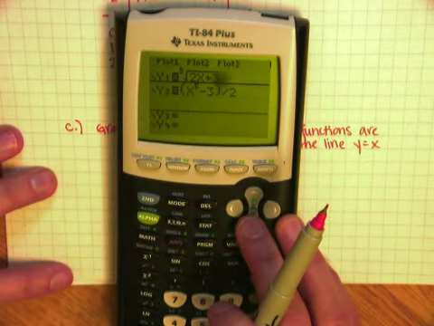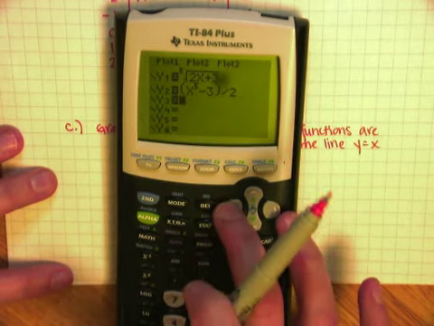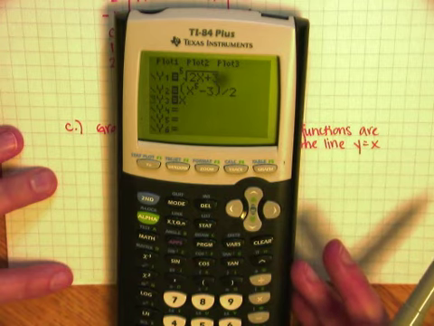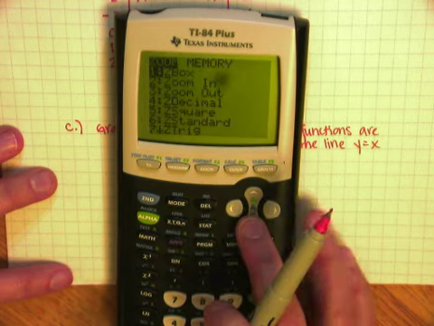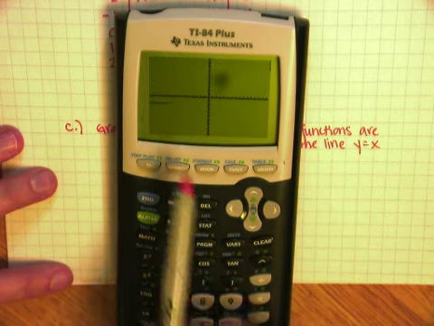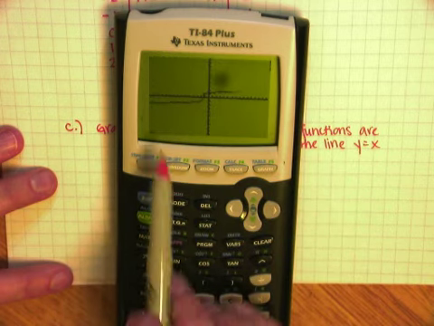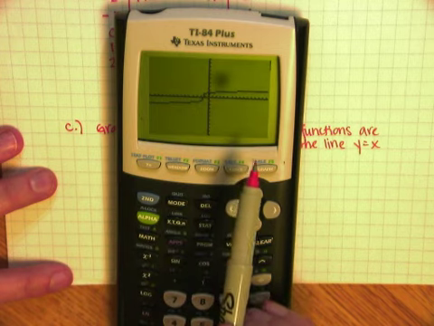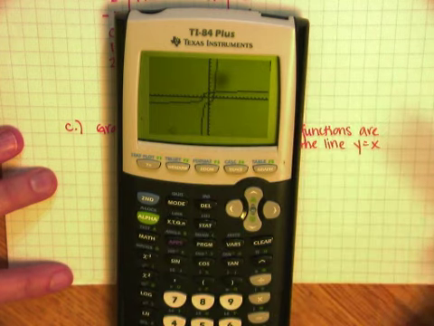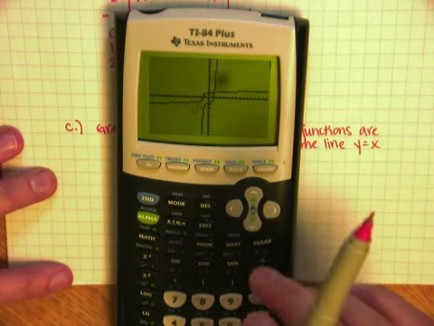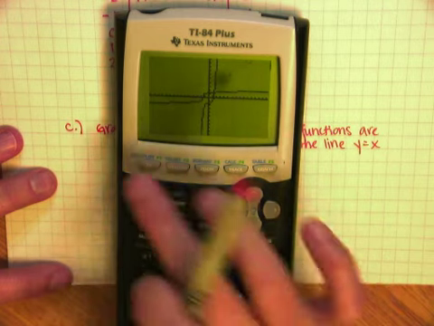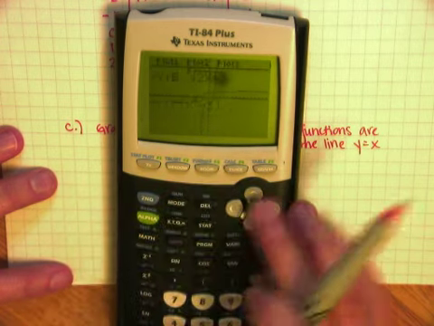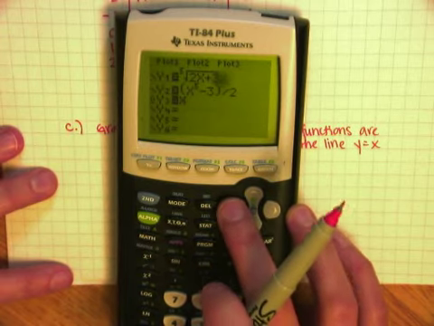And now, to make it a little more obvious, I'm going to go ahead and graph the line y equals x, and I'm going to make this line be a dotted line. There we go. You can make it like that. And I'm also going to hit zoom and square to make my pixels be square. That way it'll be a little more obvious that it's actually symmetric. So there's my inverse function. There's my original function. They're looking more symmetric. Oh, that's weird. And there's a floating bubble that's the line y equals x. That's not what I really wanted. I'm going to go back one more time just for kicks. And instead of having this be a weird floating bubble,